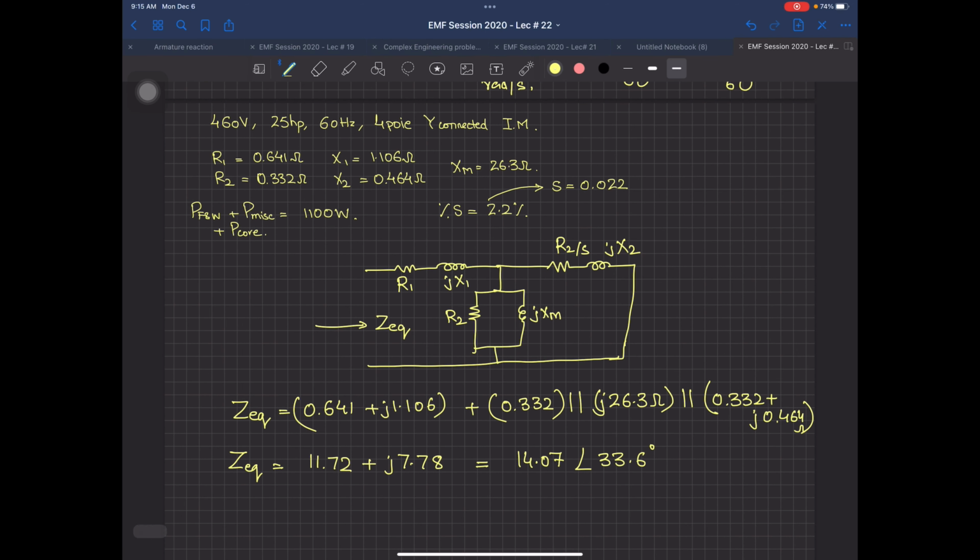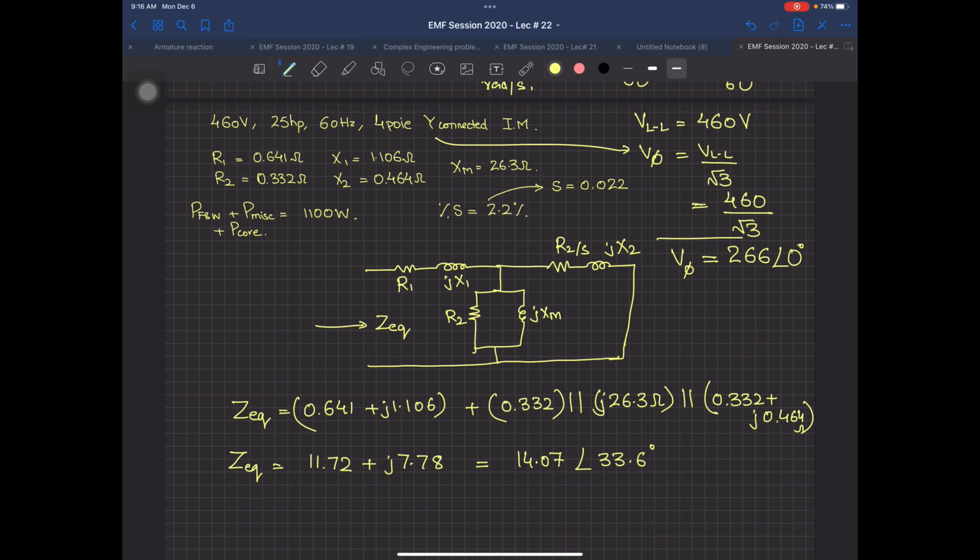And since this 460 volt is given here, I told you when it is not written, this 460 volt will always be the line to line voltage, and since this is Y connected, your V phase will be equal to line divided by under root 3. So this will be equal to 460 divided by under root 3. Please, anyone with a calculator, tell me. This should be 266, I guess. Anyone with a calculator? जी please confirm this. 266 ही है जी.